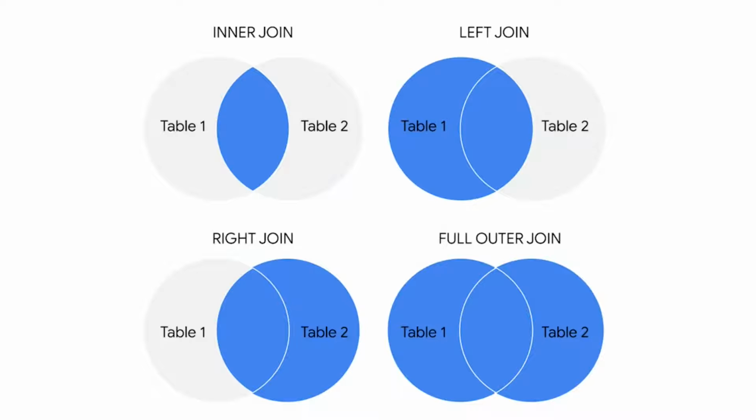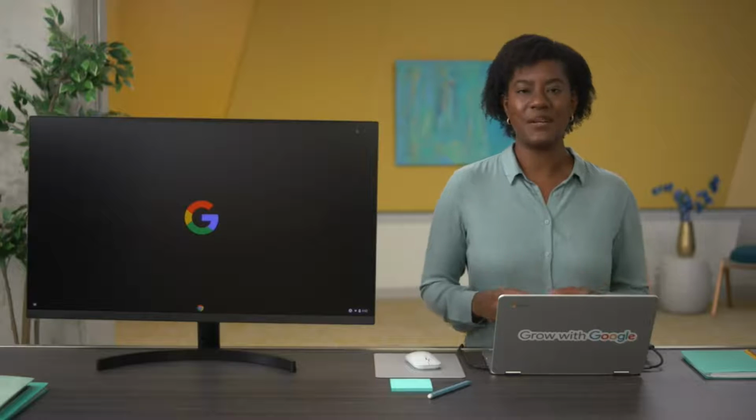Using joins can make working with multiple data sources a lot easier, and it can make relationships between tables more clear. But unfortunately, they don't work in SQL. Let's find out why. Here's an example.